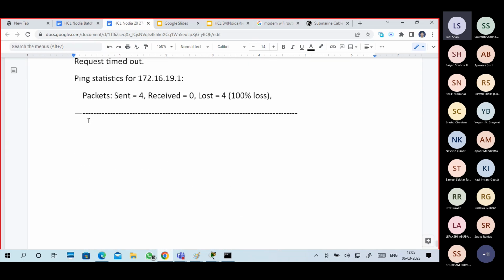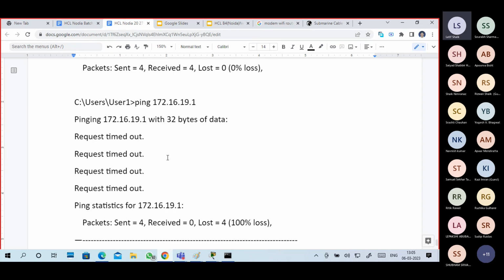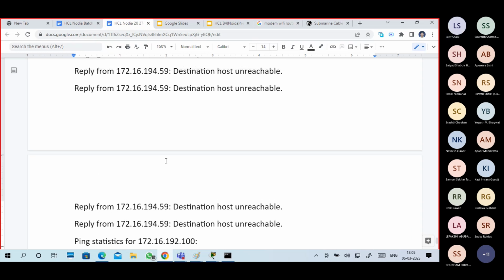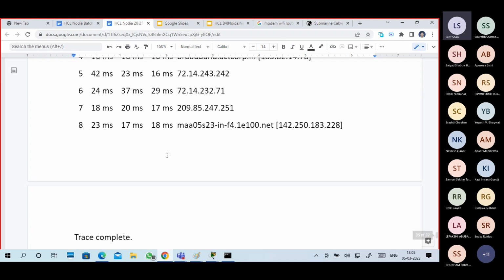Sometimes the destination firewall blocks your network, meaning you reach the destination, but the firewall does not allow access, not allowed to deliver the packet. So then what will it do? You'll get a request timed out. Okay guys, just read these things. We'll see.